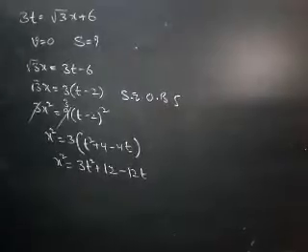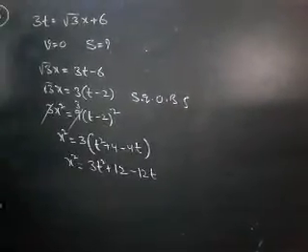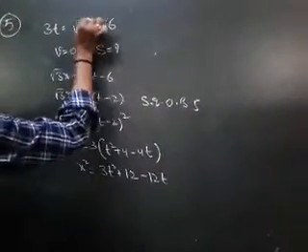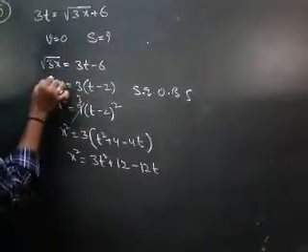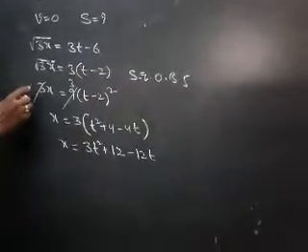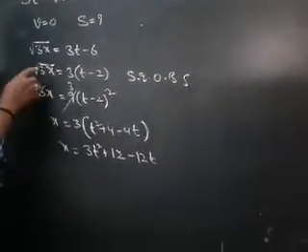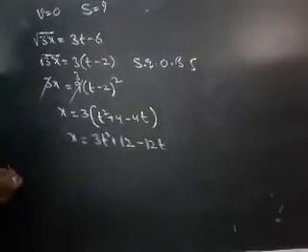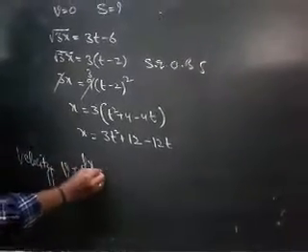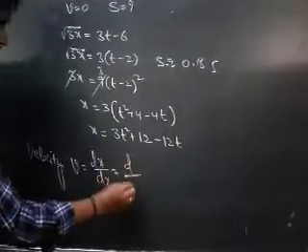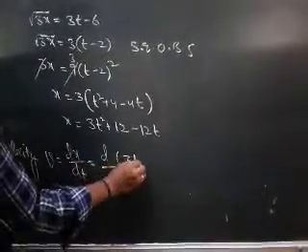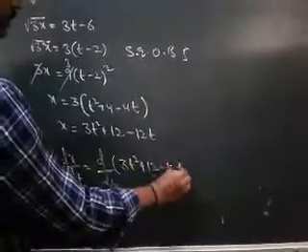Right. Now we can find the velocity. Actually this is root 3x, up to here. Okay, you can take it. Then the square root gets cancelled, and you will get 3x. Then what is the velocity? Velocity v is equal to the rate of change of displacement, d by dt of x, where you can substitute 3t square plus 12 minus 12t.